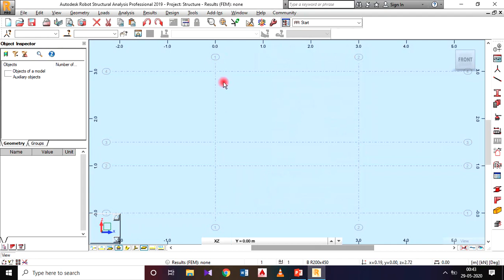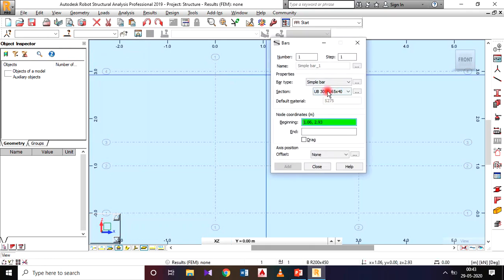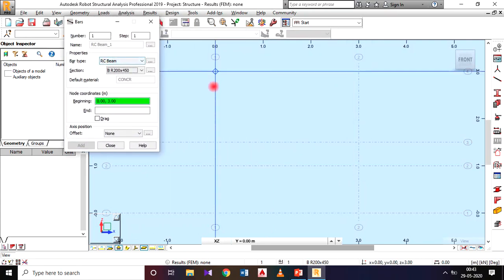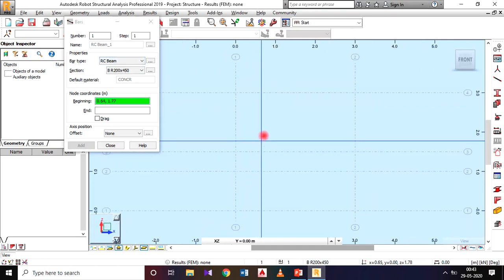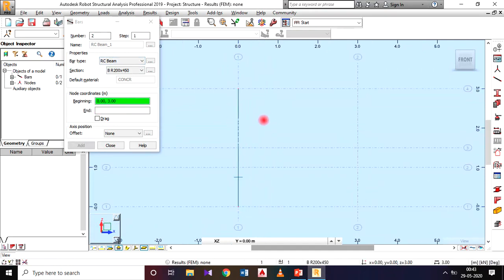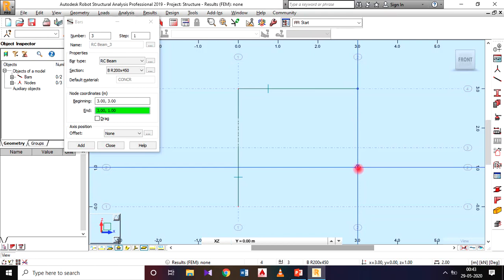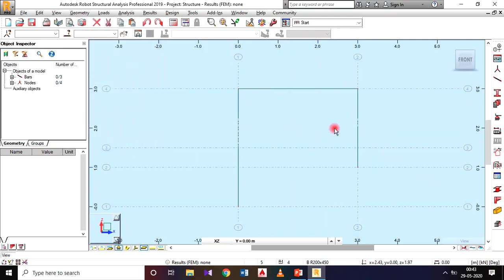Now I need to define the member. Same thing, geometry, go for the bars. Here it is RC beam. Here I already defined the beam. Take that section only. Then start from this point: it is A B, then B to C, then C to D. Okay, close.